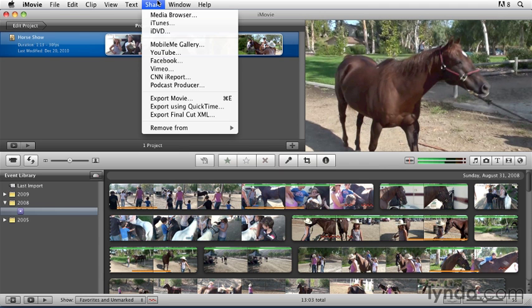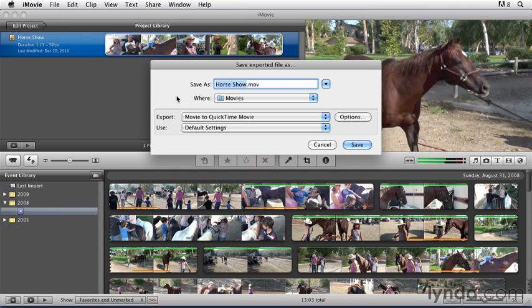Also under the Share menu, you have export using QuickTime, and the ... is QuickTime conversion. If I click this, you'll see what I mean. This is a more powerful tool for exporting. It's exactly the same as export using QuickTime conversion in Final Cut Pro, which we're going to cover in detail in the Final Cut Pro movie. The interface is exactly the same in Final Cut Pro as iMovie, so you can look at the movie on Final Cut Pro for the details here. But this is a way to take more control over your export than you can do with the choice to